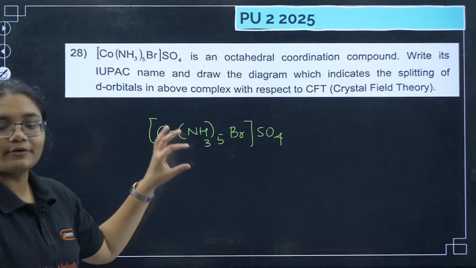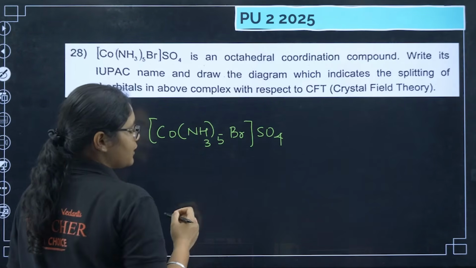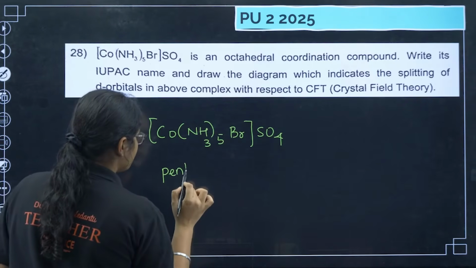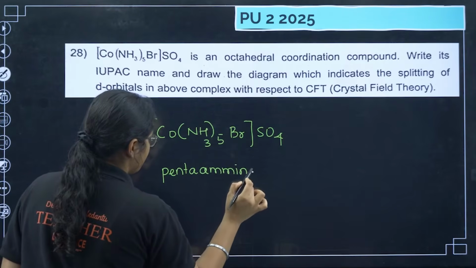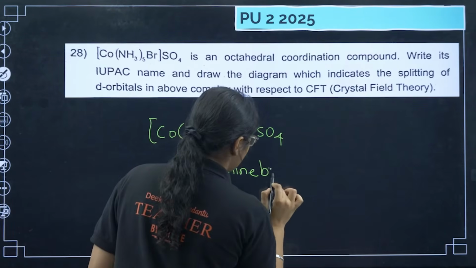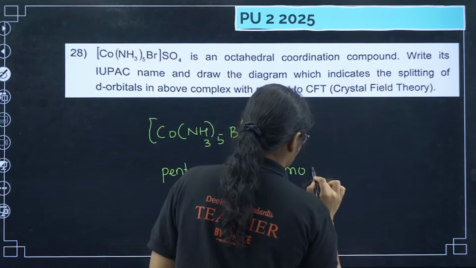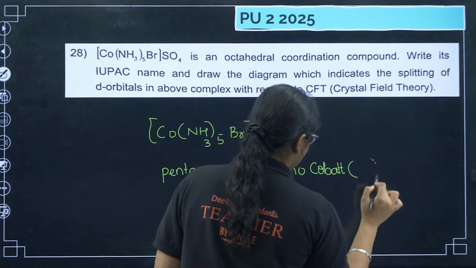Right. So if I want to write the name of this compound, what I can say is, you have to write alphabetical order. First is amine, then is bromine. So I will write penta, okay, then amine, okay, then I have bromo, then I have write the metal name, that is cobalt, and in the bracket I have to